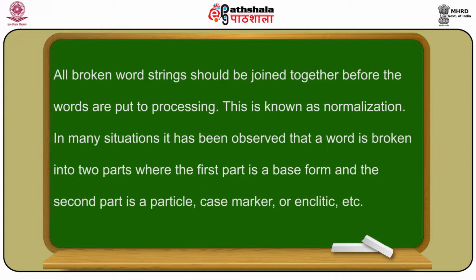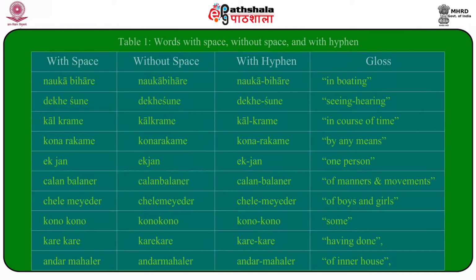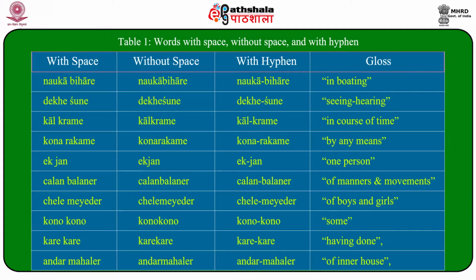So this kind of normalization has been very necessary to make the corpus useful to the target users. There is a huge list I have given here. If you refer to this list, table 1, you can find that many of the words which are written with a space should be clubbed together and the space between them removed. In the reverse way, many words where there is no space need to be given a space. So one part is text tokenization, and another part is text normalization. These things have to be taken care of very carefully before the corpus is made available to us in a normal